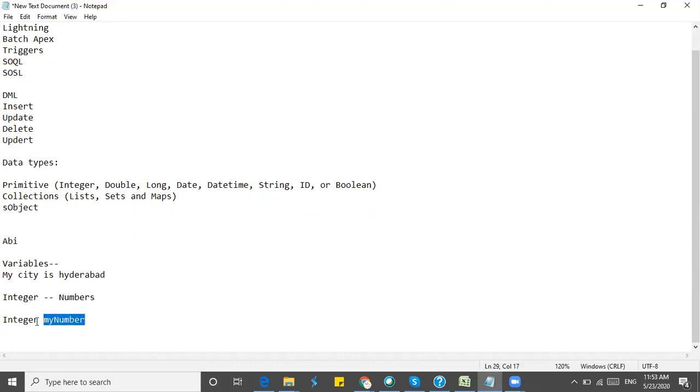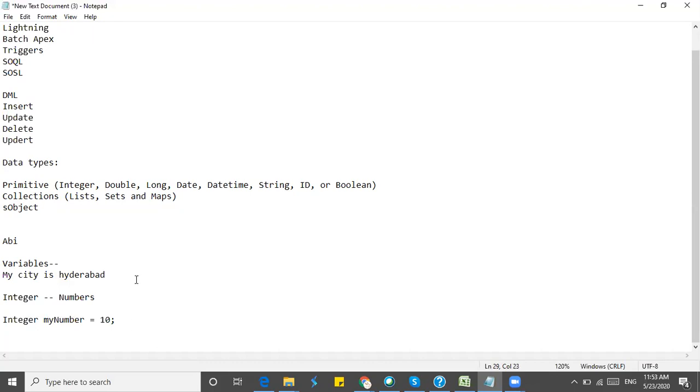I'm creating a variable which is integer type, meaning myNumber will be storing some number in that. So I can give some number. In this way I am defining myNumber as integer. This is an integer type now. If I want to use this integer somewhere, I can use it in the future. That's why I'm storing it. If you want to store integer type data, this is how we create the integer data type and store the number.